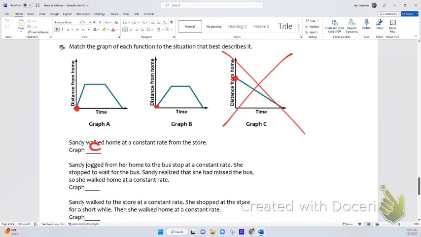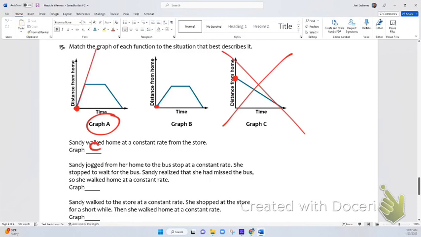She jogged from her home to the bus stop at a constant rate. She stopped to wait for the bus. Sandy realized she had missed the bus, so she walked home at a constant rate. Okay? So, essentially this one, right? The one where it says she's going to the bus stop, she's jogging, which means that it's going faster. The only one that tells you that it's going faster is graph A, because you'll notice that the slope